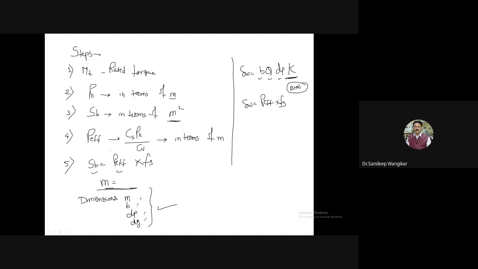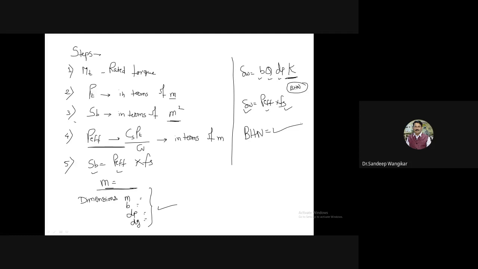So we can calculate P effective. We have the value of P effective, and into FS I will go for. FS is given because here is the formula for P effective. And ESW also I have calculated in terms of BHN. So by substituting all the values, you can easily calculate the value of BHN. This is the very simple terminology for calculation of this. And let us proceed step by step for calculation of this particular.